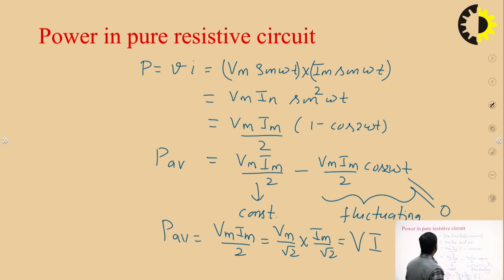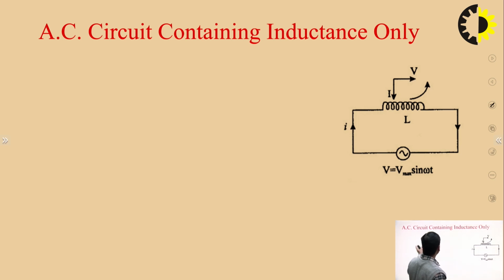After this pure resistive circuit, let us discuss the AC circuits containing the inductance only. Let us suppose we have one inductance only. Now let us discuss the concept when there is an inductance only. When we apply the voltage, the current will flow, and this coil, the inductance coil, will induce some voltage. Suppose this induced voltage will be minus L di by dt,